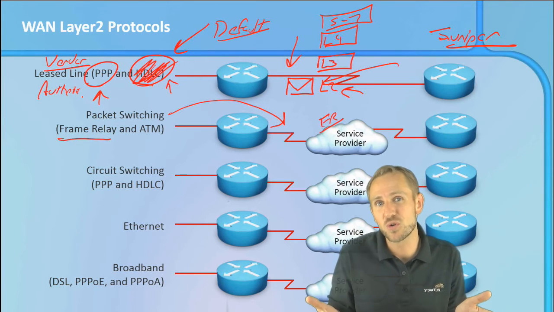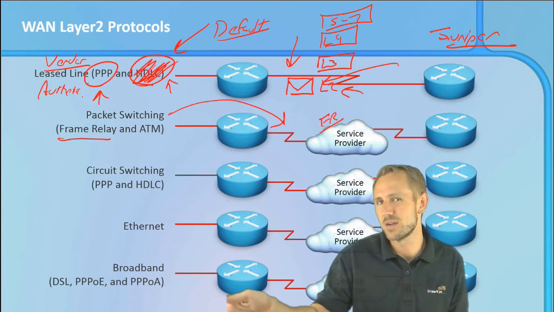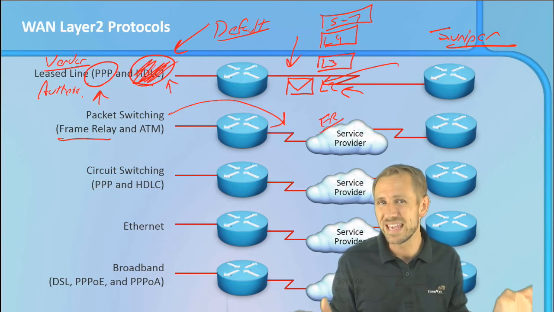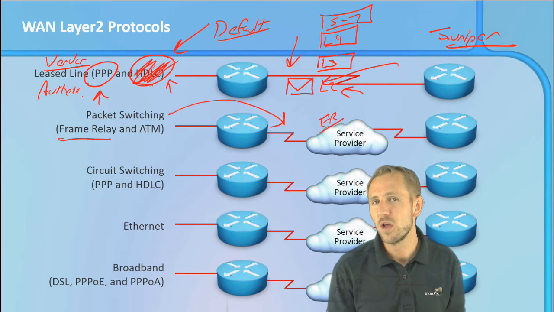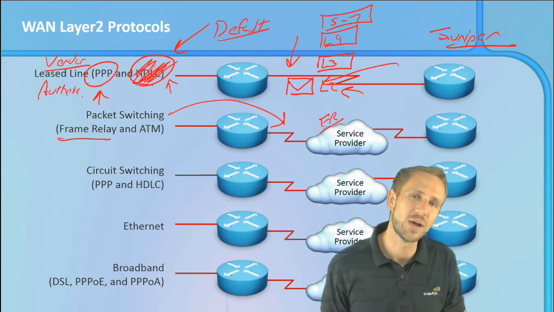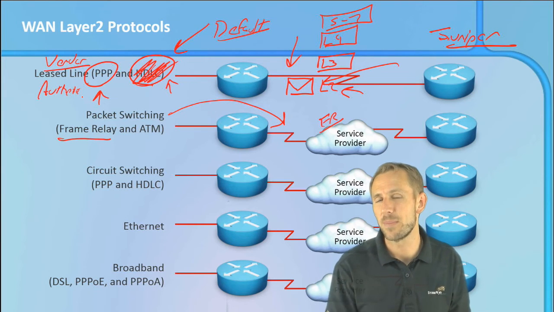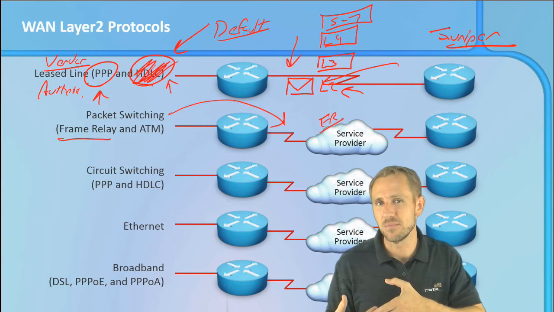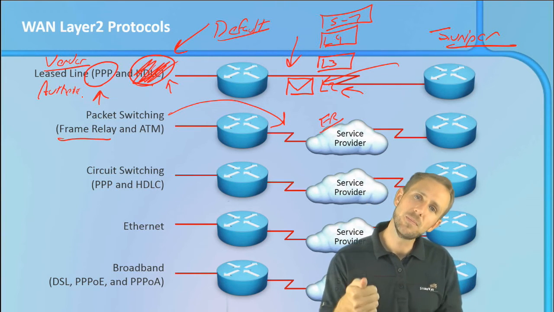And if somebody screws that up, all of your data is going to go to someone else's office. So what you can have your routers do is, before we even start sending data back and forth, ask: do you know the secret password? In other words, they're just going to do a quick handshake, and they're going to make sure they've got the right password. If they do, the session comes up. If they can't authenticate, well, then it doesn't. So PPP gives you that.